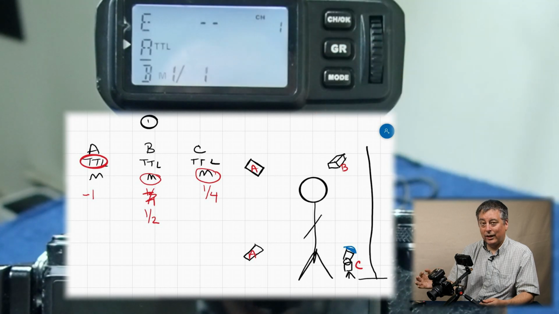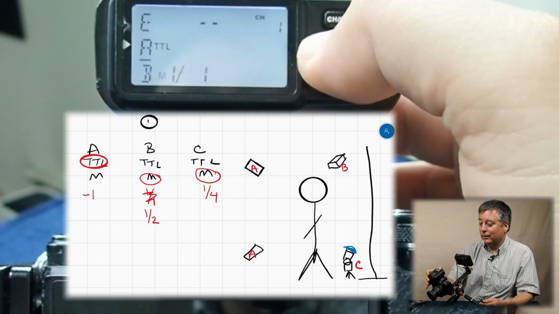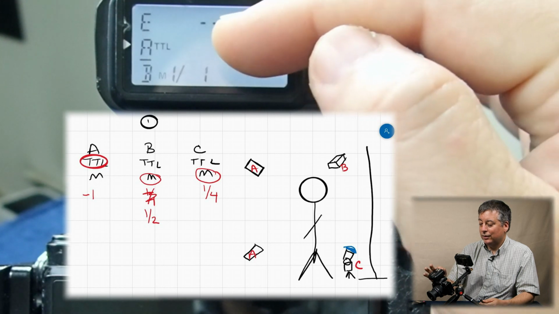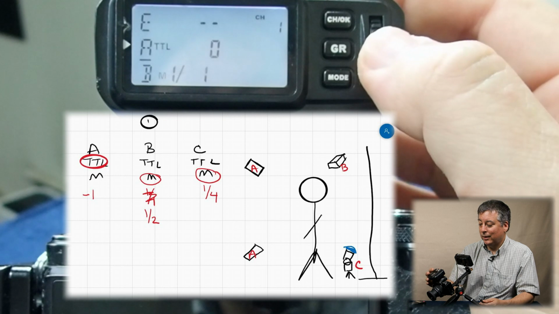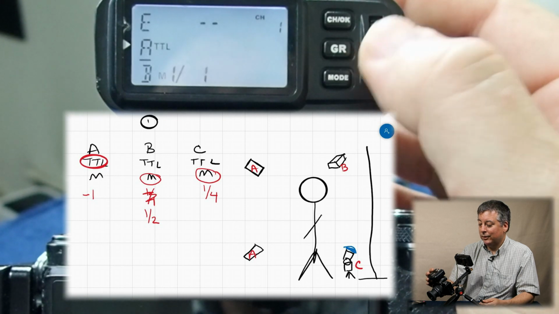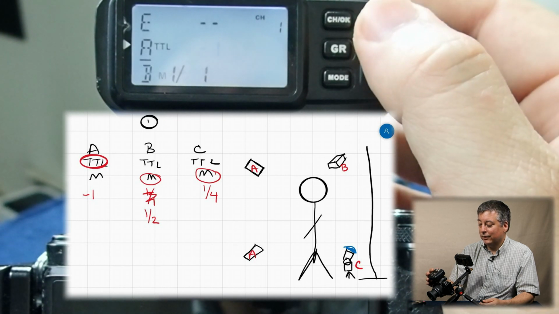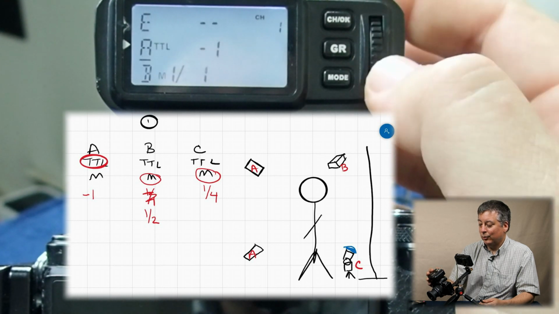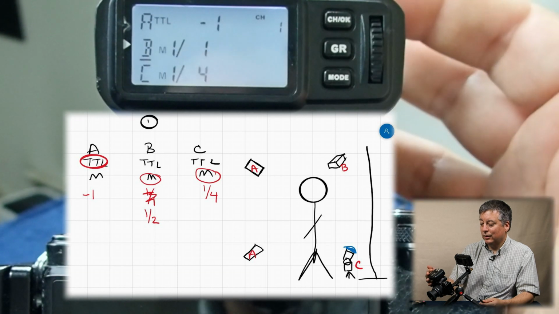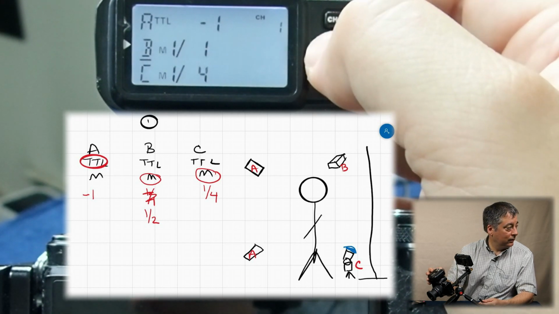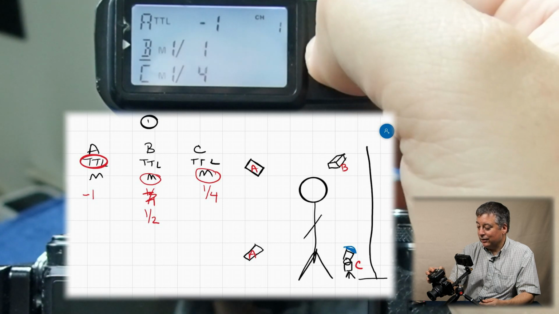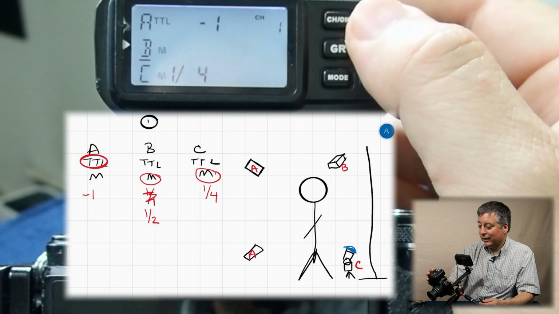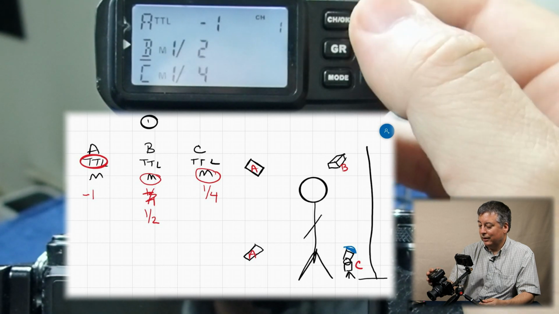All I'd have to do to dial exposure comp in is hit the group button, and then you'll see the exposure compensation number blinking, and then I would just dial in a -1 like so, hit the group button, and then I would roll the wheel next to group B, and I would change this to half power. So I hit the group button and I roll this down to half power like so,